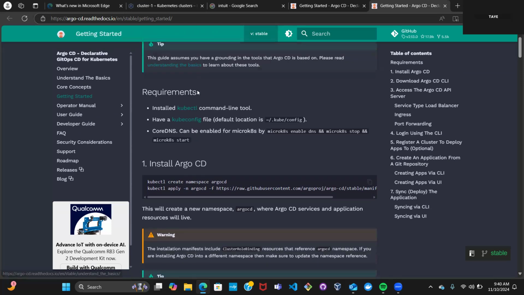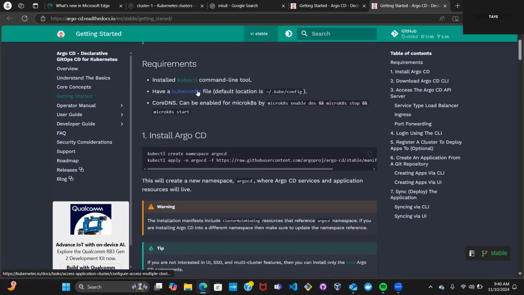We're going to start with number 1. Install kubectl command. You already have the kubectl. These are the requirements. Install kubectl. You already have that one done. Okay. Have kube config. You already configured the kube config. And by the way, we are not using